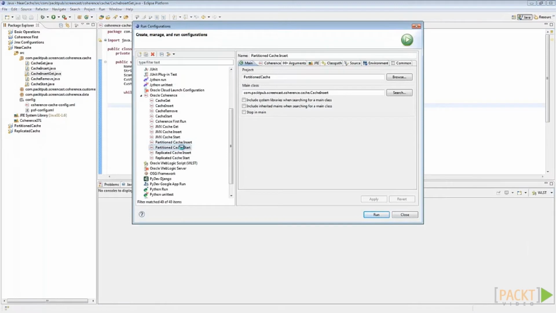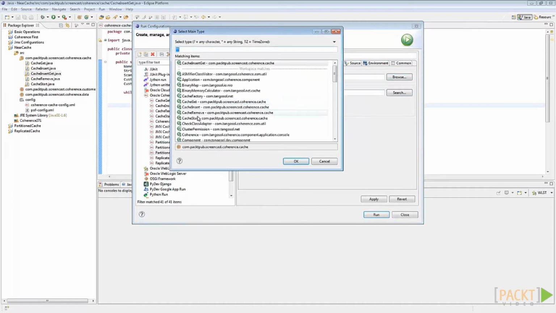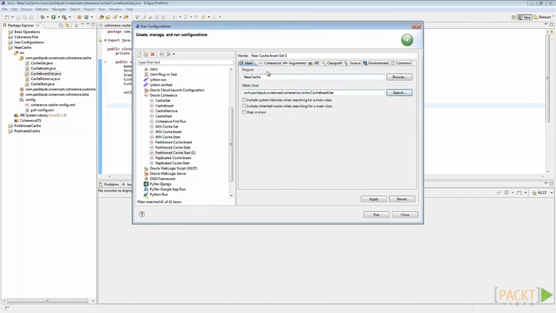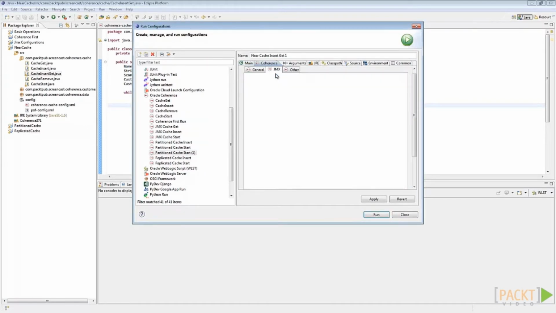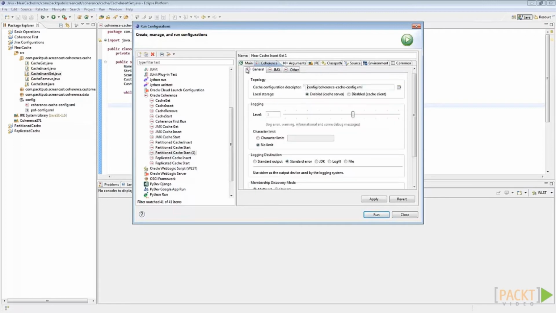Duplicate the partition cache start configuration. Then, update the name as near cache insert get1. Choose the appropriate project name and the main class. Check if JMX is enabled or not. Click on Apply,